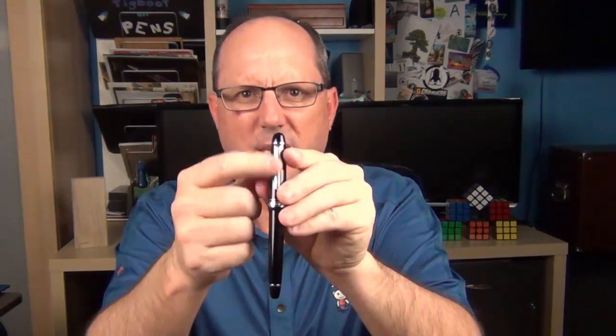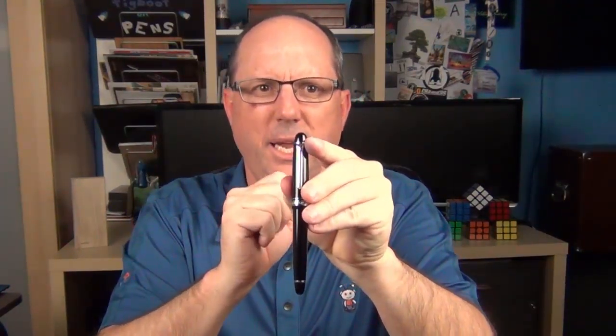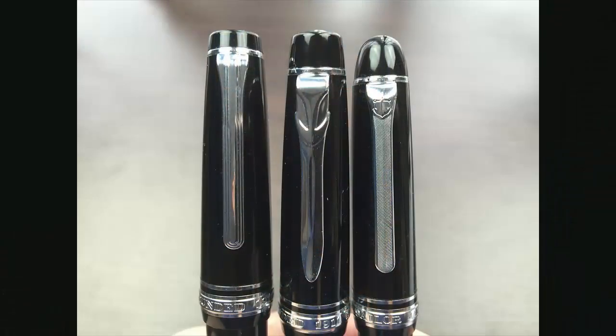I really like the clip design. It has a little anchor and a bit of texture. You could see it here on the right compared to the Sailor Pro Gear, or the Sailor Pro Gear is on the left and the Pro Gear 2 is in the middle. I like the anchor more than the one on the Pro Gear 2, which I actually find to be a